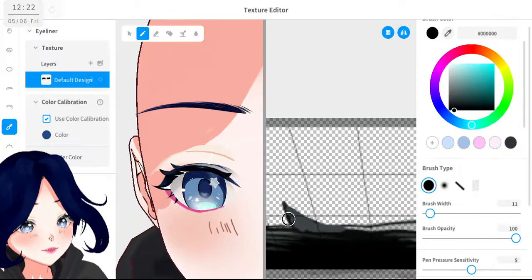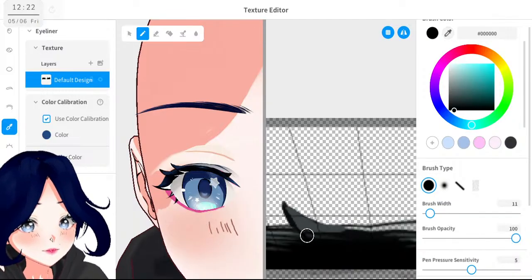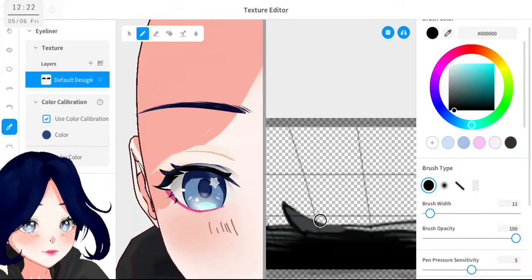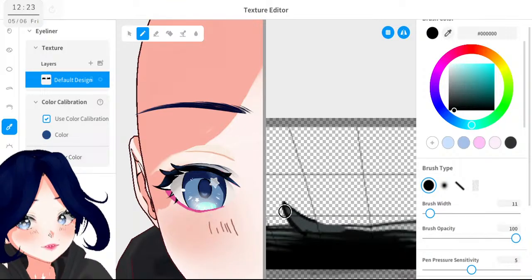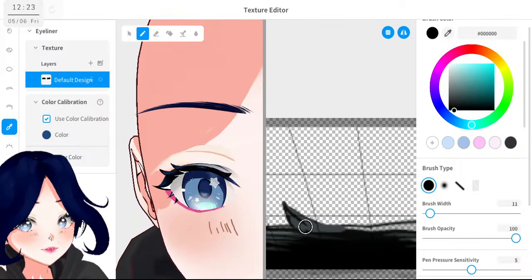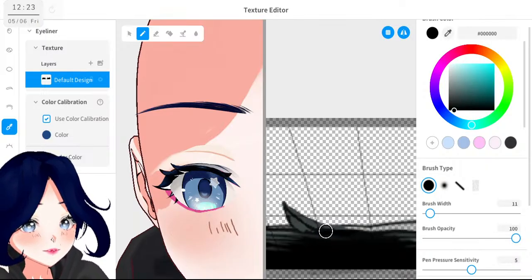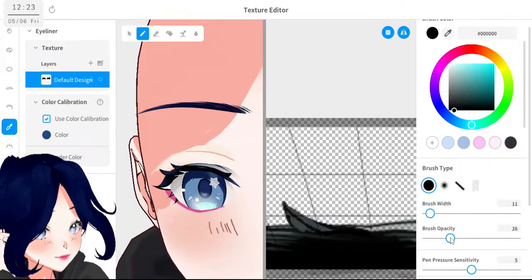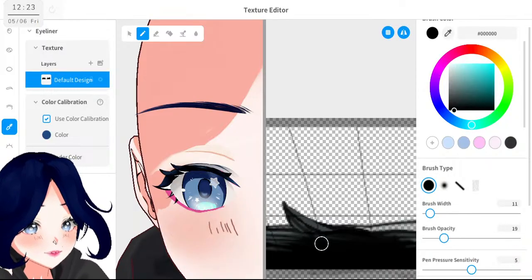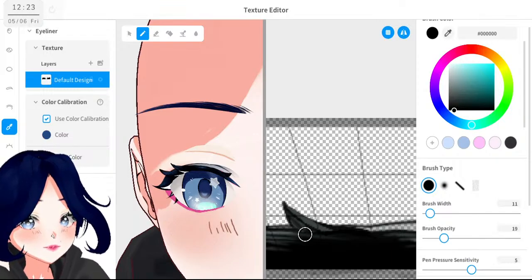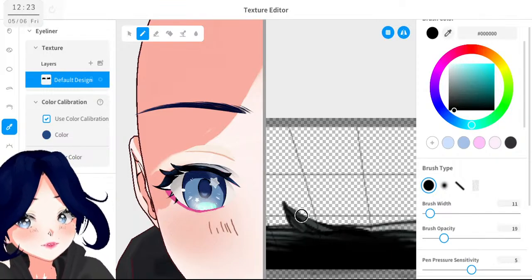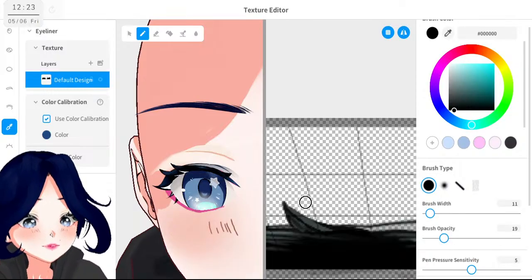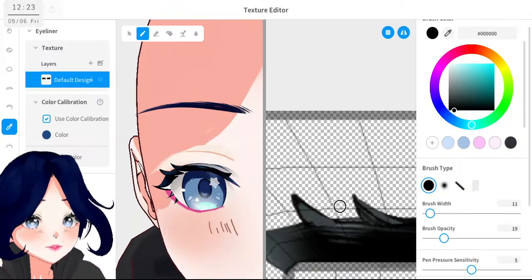Honestly, it would be really great if I could switch colors with dark. I mean, there are chances there is something like that, I just don't know it. If that was the case, I would like to know the shortcut. Maybe lower opacity here. So we get that. And here.